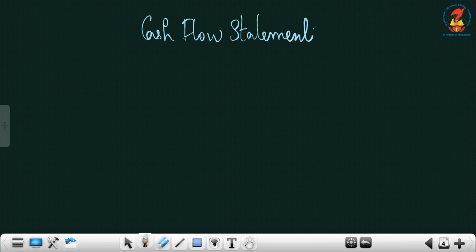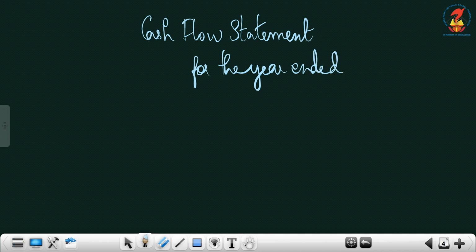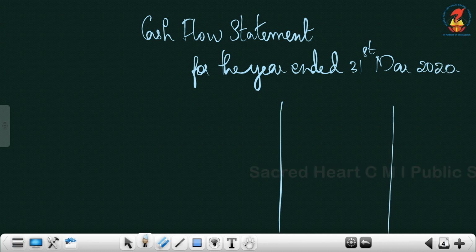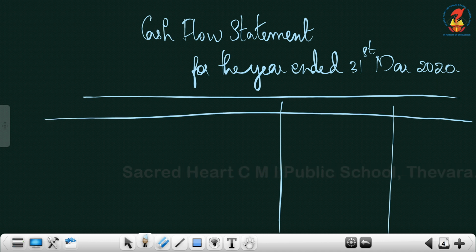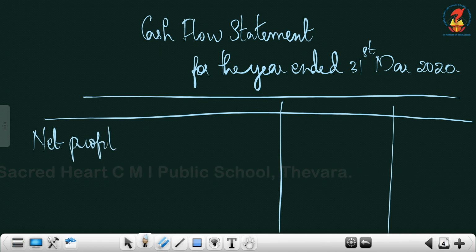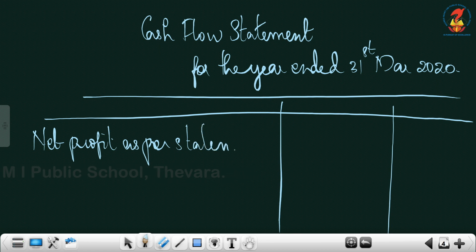statement for the year ended 31st March 2020. Particulars in 2 amount columns. We will start with net profit as per statement of